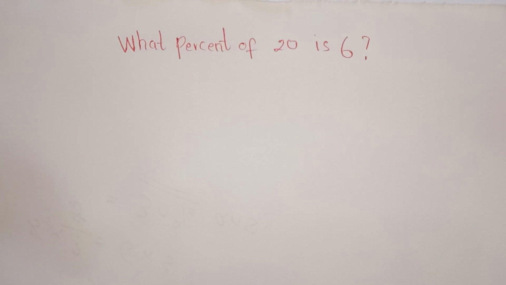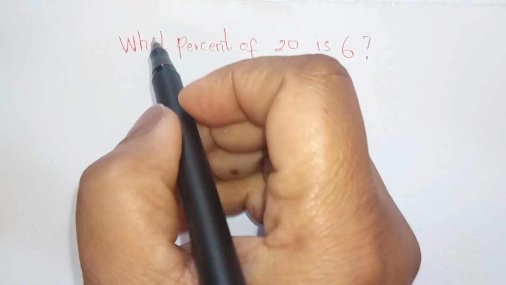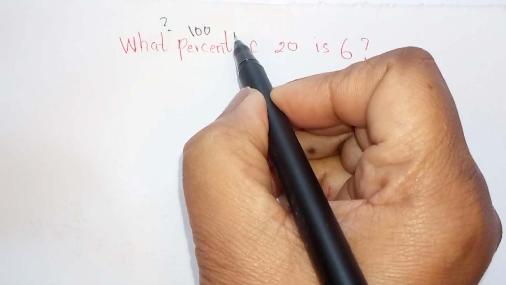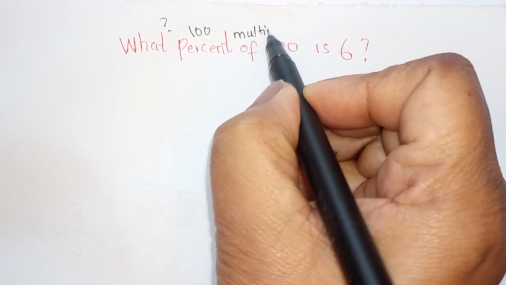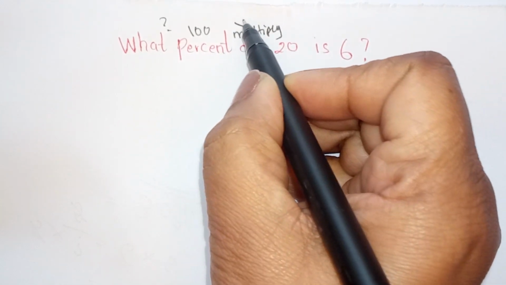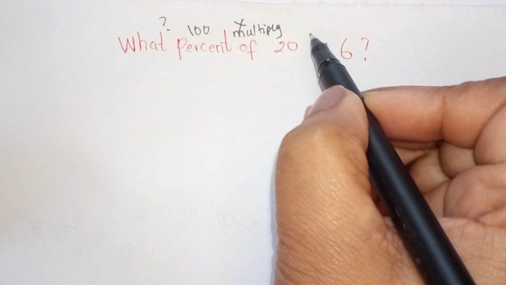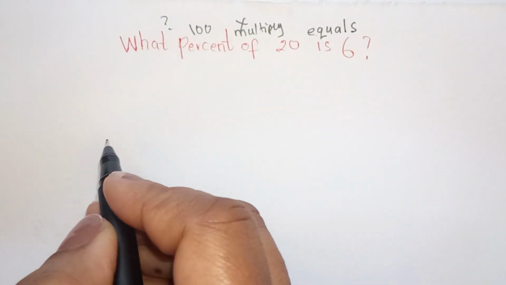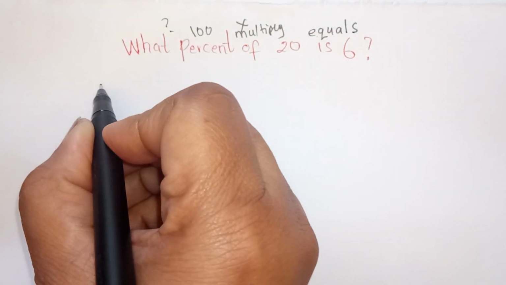Hi everyone, what percent of 20 is 6? What means we're looking for something here. Percent means 100, of means multiply. Okay. 20 is means equals. So we're going to write this as an equation. So we say